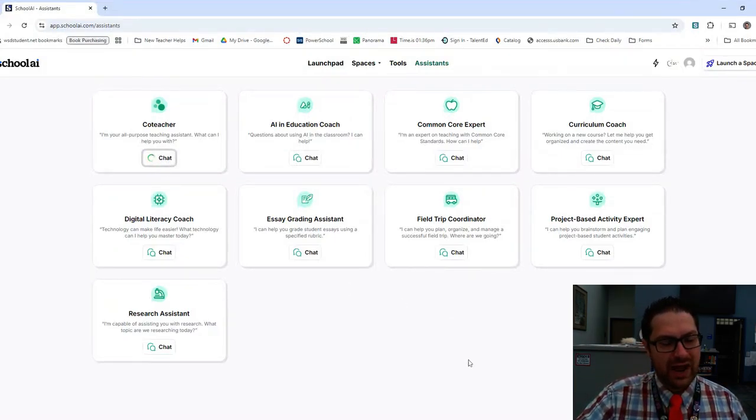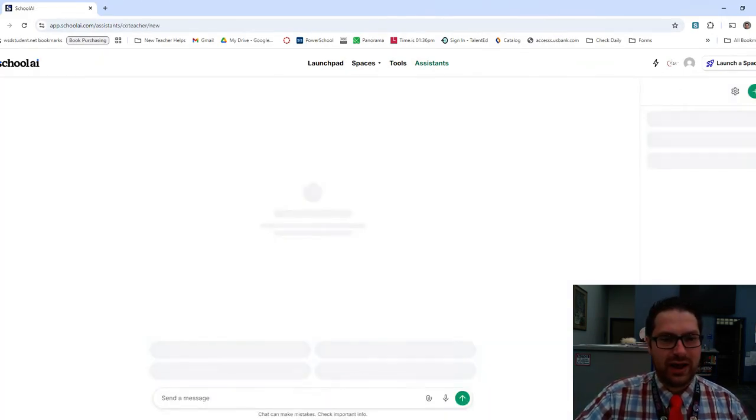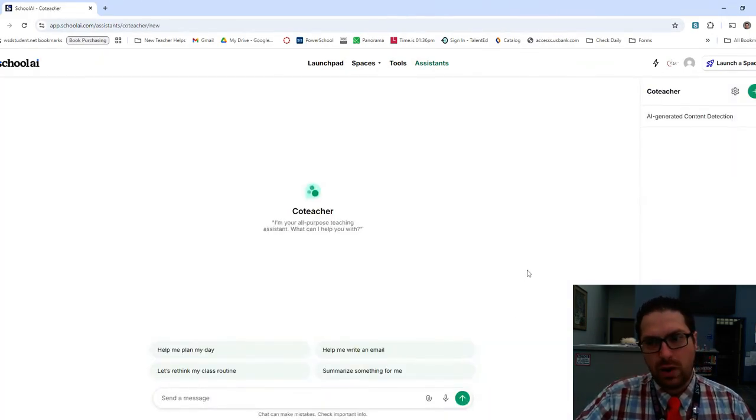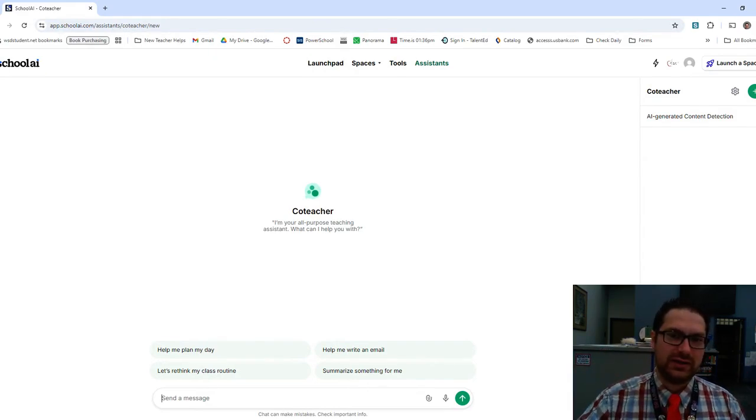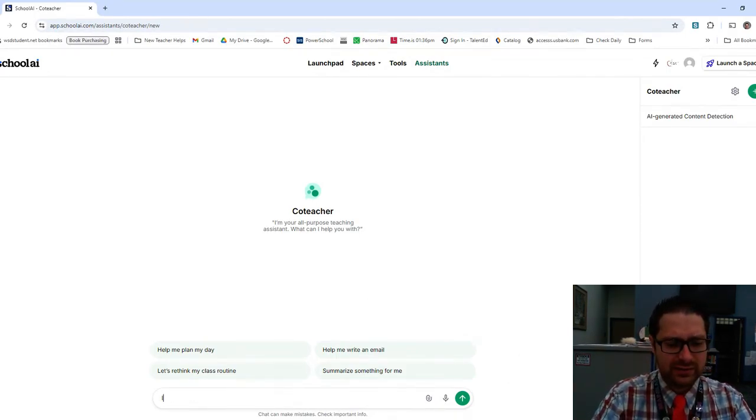We're going to go ahead and just hit chat. This is the one that it's going to feel very familiar if you've ever used ChatGPT. It's quite similar. It's just been focused down to be the kind of assistant that you would expect. So with the co-teacher, you can get really specific with it, and you can say, I'm an 11th grade